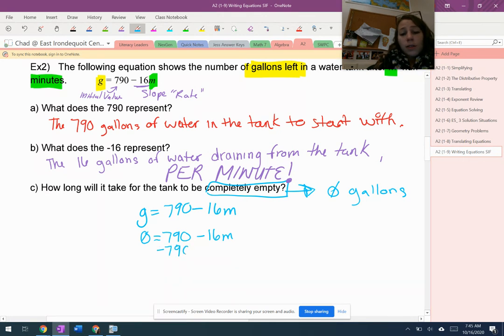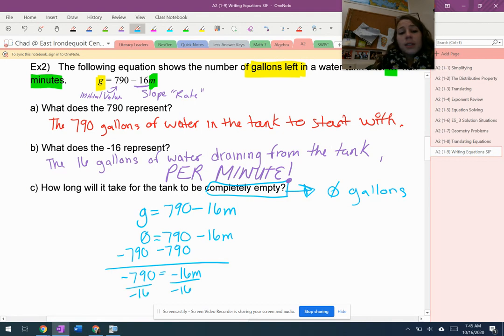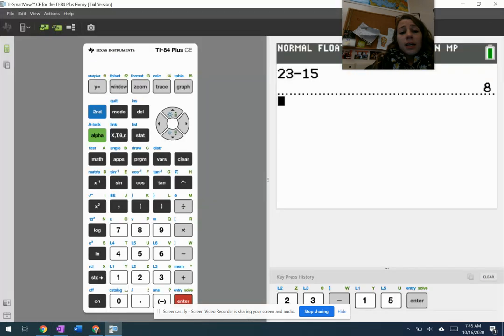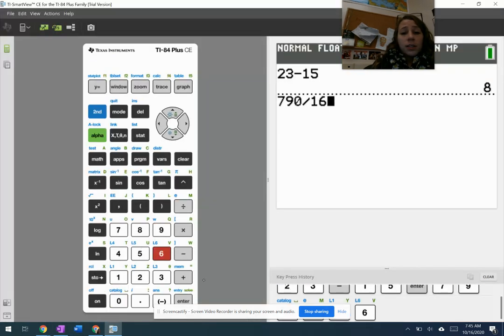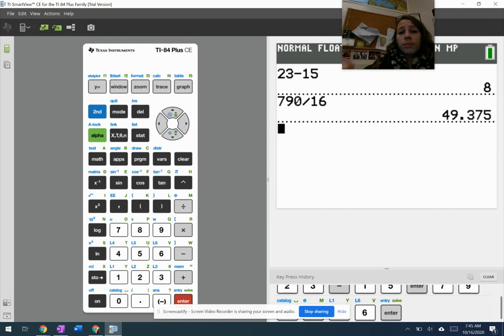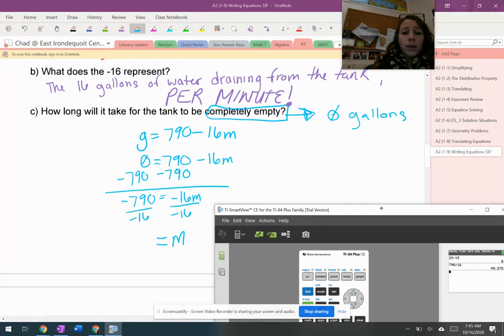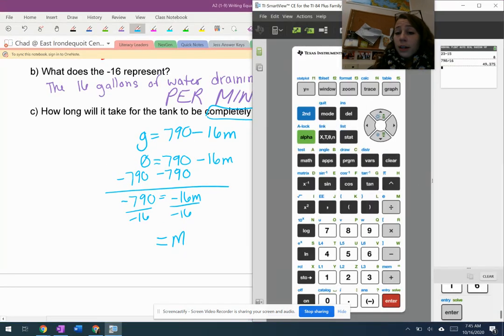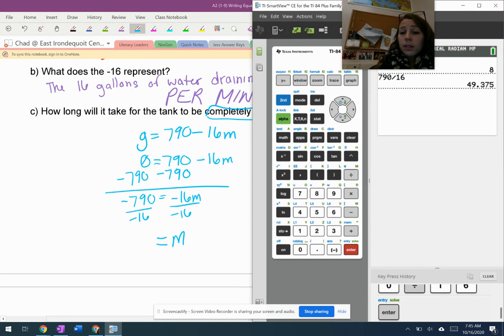You can subtract your 790 over. You also could have just added the 16m over. It doesn't really matter which one you do. So negative 790 is equal to negative 16m. And it would also make sense here if maybe you forgot or messed up on those negatives. If you end up with a negative amount of time, you have a red flag there. So 790 divided by 16. Oh, that's not the nice number I thought it was going to be. Okay, that's fine. So 790 divided by 16 is